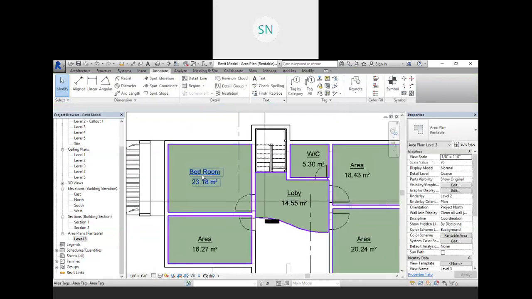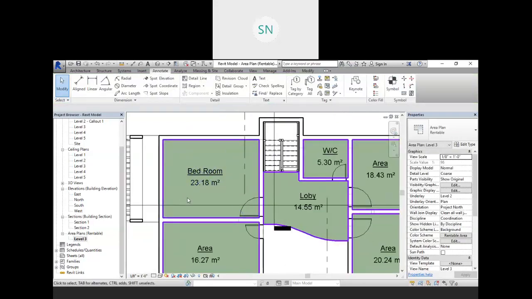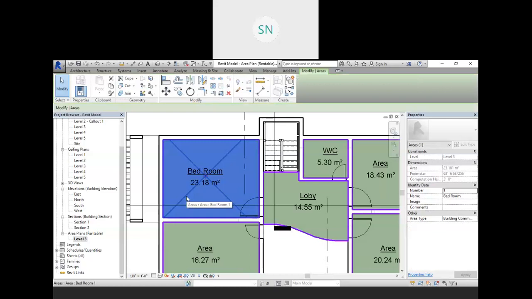So which type of this area it is, so just select that area and go to the property. Here you will get the area type option. See, area type, and here we have office area, exterior area, floor area, or storage area. So this type of options we have. If you provide this is my floor area, right?